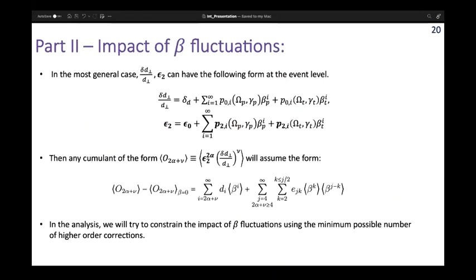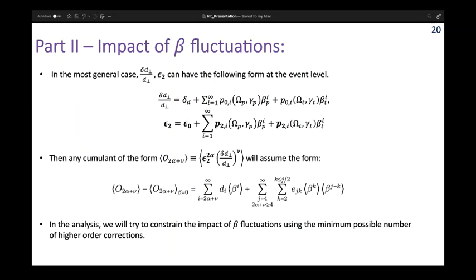So finally, let's talk about the impact of beta fluctuations. Now, if you remember, in the liquid drop model, we only expanded up to beta at the event level. What we can do in the most general case is expand it as a power series. Of course, we can truncate it somewhere. And then if we take an event average over all the observables, what we will find is that we get two kinds of terms. One is a direct term, which is coming directly from this projectile or target. And then we have a mixed term which is coming because of a cross between